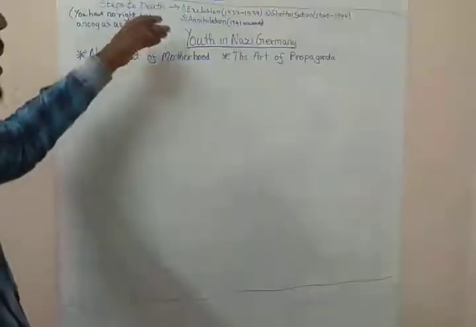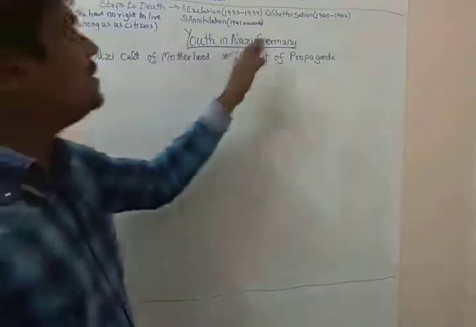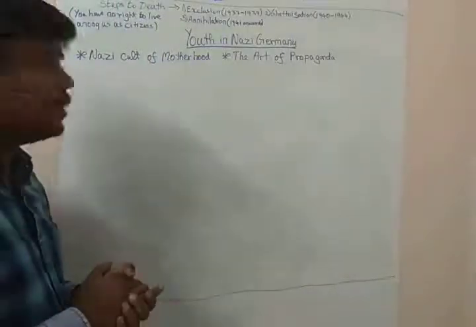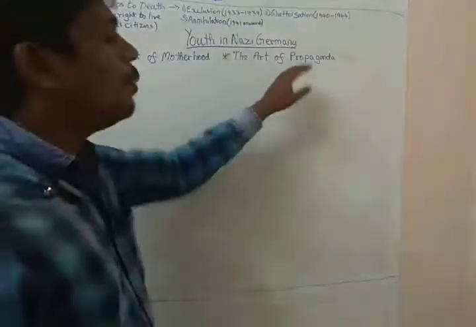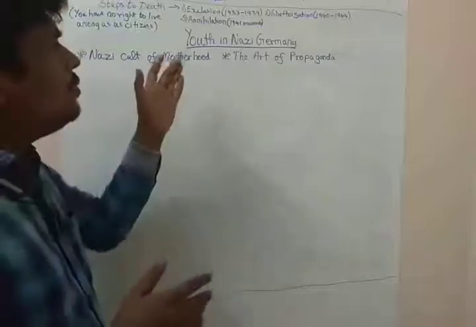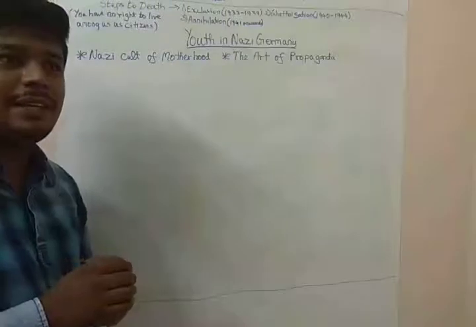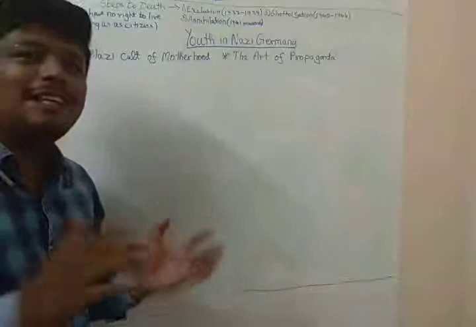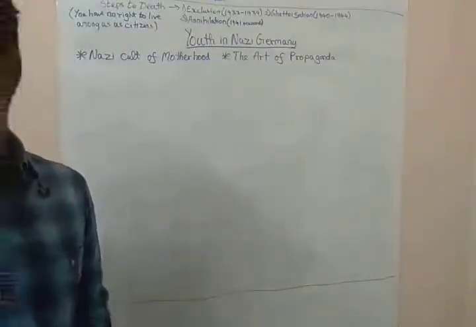And today, we are learning a new unit, that is youth in Nazi Germany. Here, two main topics are there that we are going to discuss in this unit: the Nazi cult of motherhood and also the art of propaganda. So in youth of Nazi Germany, immediately after hearing the topic, you will know that Hitler is going to do something among the youth in Germany. So, as the first step, what he did is,